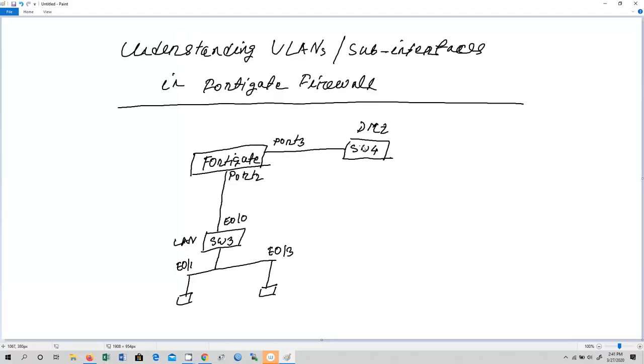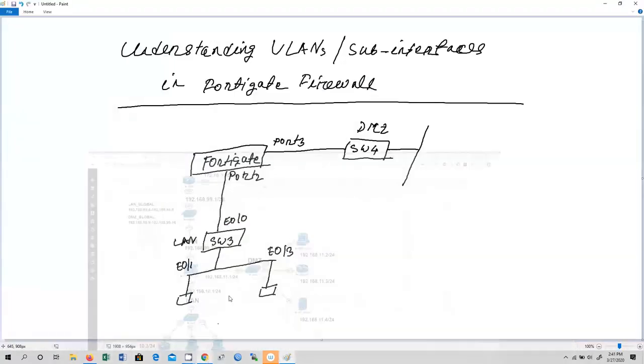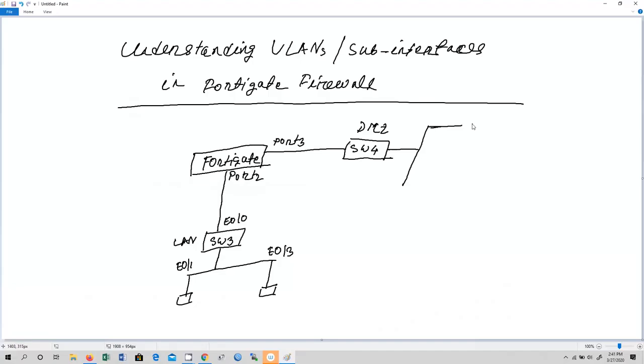So we have two computers connected here, which is DMZ Win6 and also AD server.